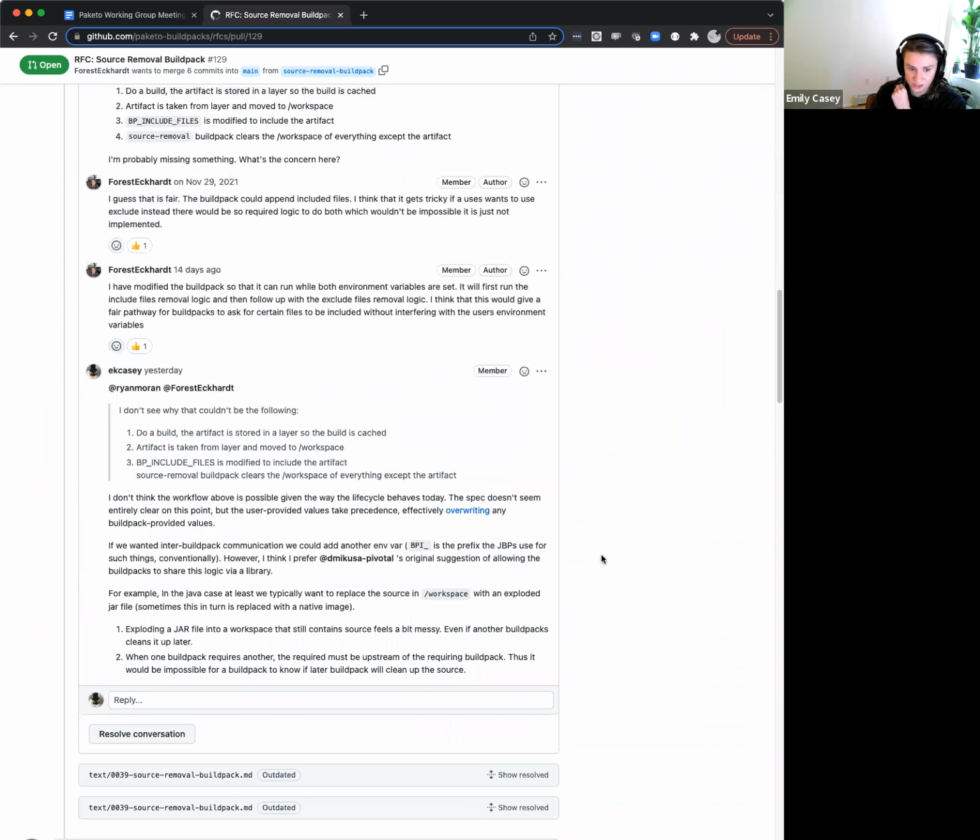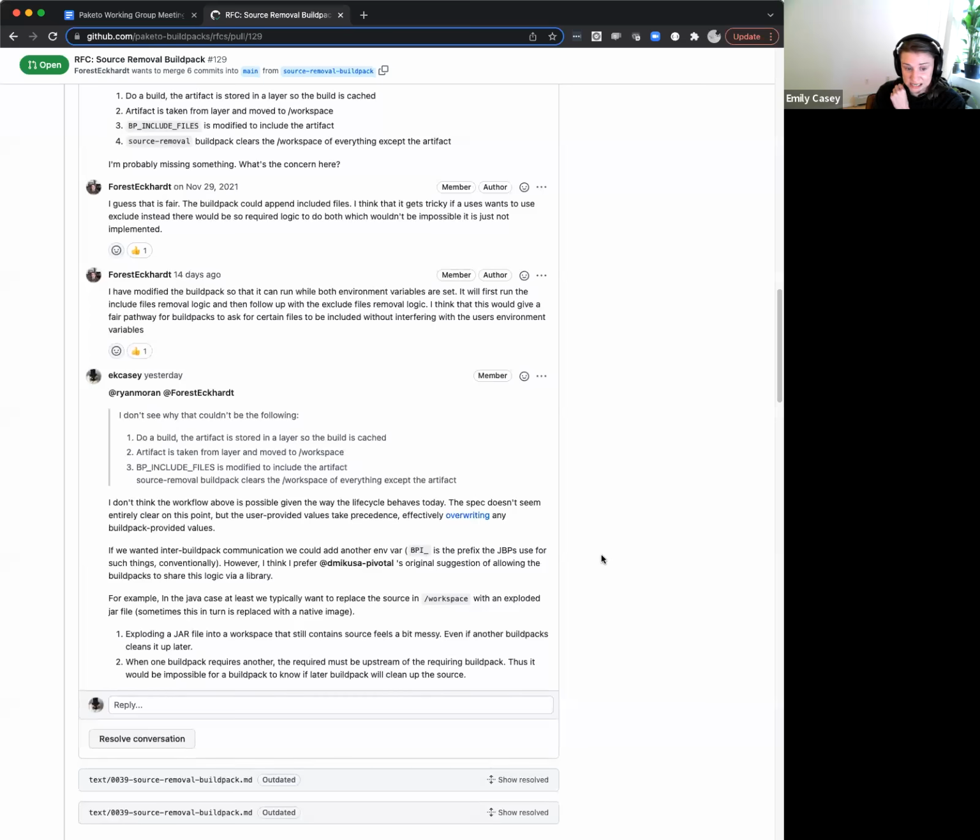And that is like a detail, but I think it ties into, for me, a bigger concern, which is some decisions in the interface here make a lot of sense if a user is opting into including this build pack and trying to drive it that way, but I'd quibble about them or want to make different decisions if we're planning on adding this to all the meta build packs. That makes sense.